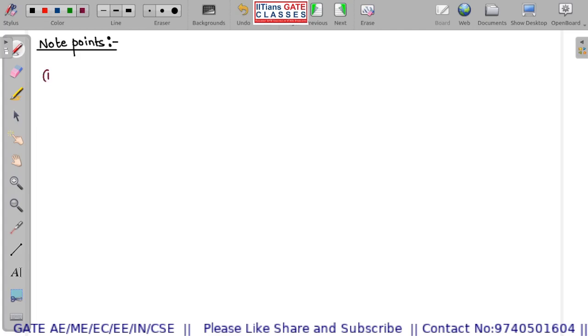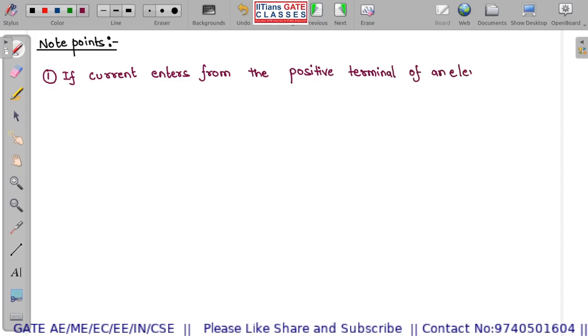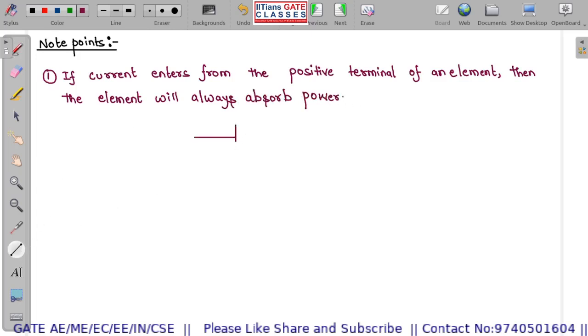You only need to take care of this: if current enters from the positive terminal of an element, then the element will always absorb power. So if there is an element X,